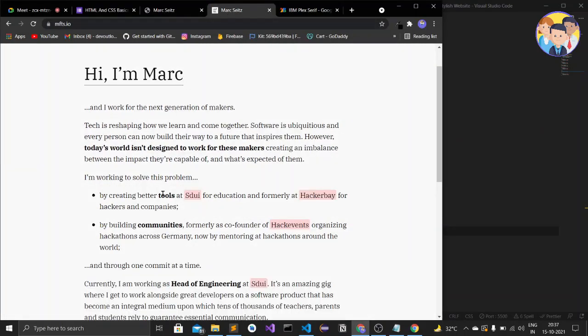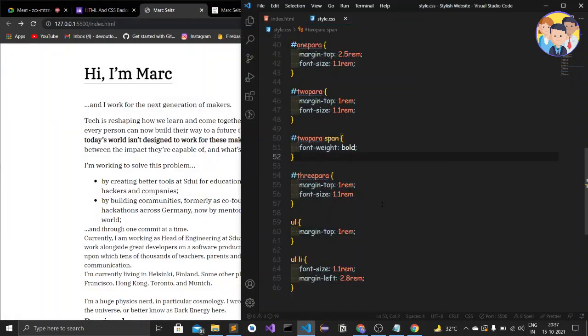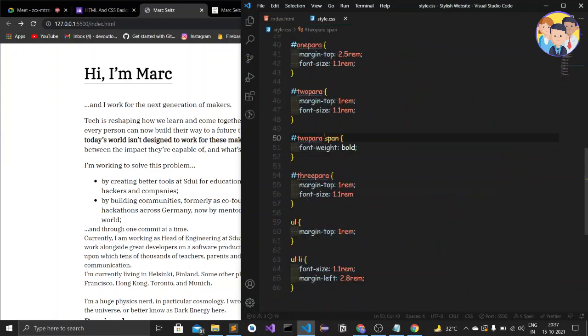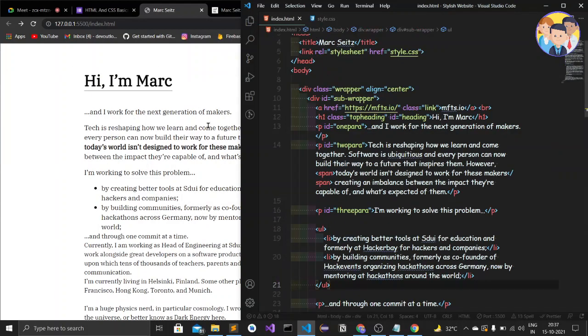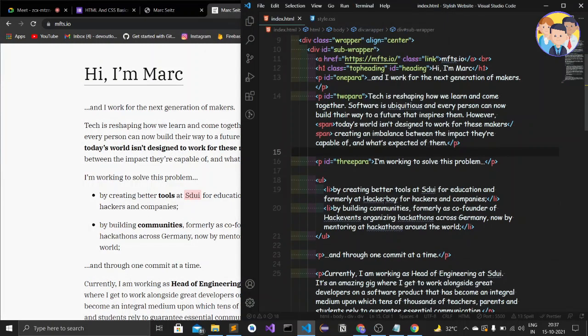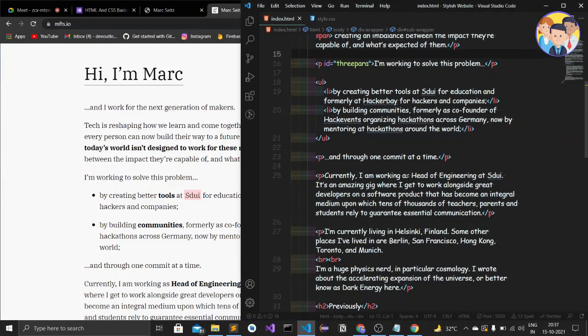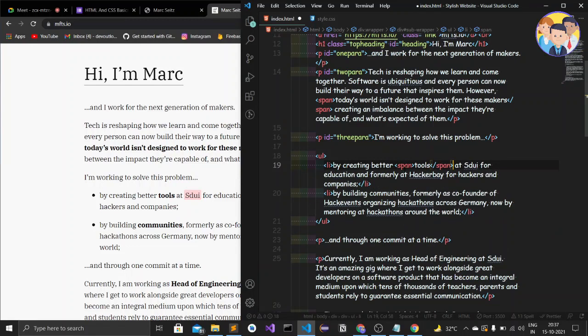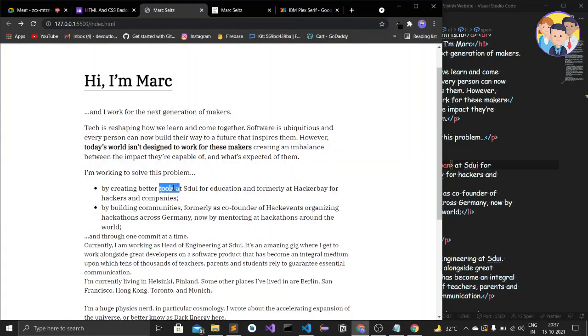Now what is remaining is this bold effect which we can do. So let's style for every span. Let's give this span a class. Here let's remove this one and just put the span. Now we are going to put the span in this tools, which is inside the UL. Here span. Let's close this span. When we save this, the bold effect has come.